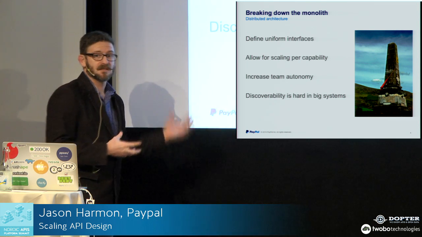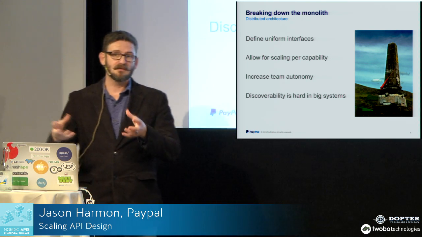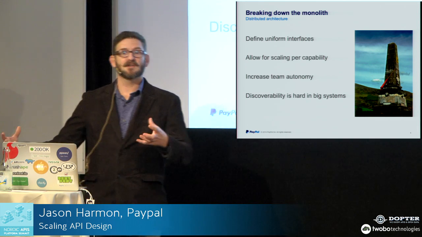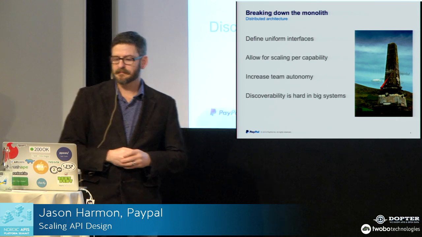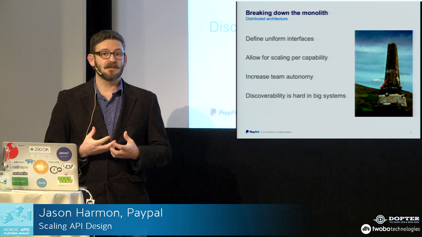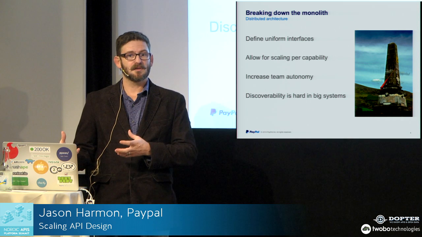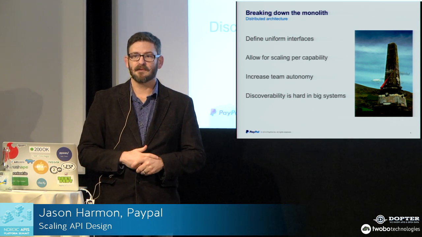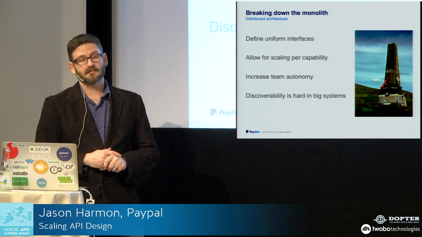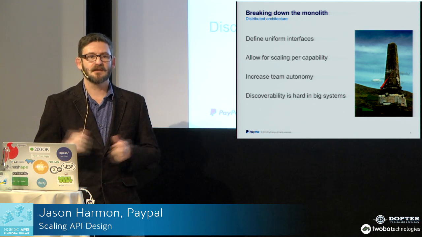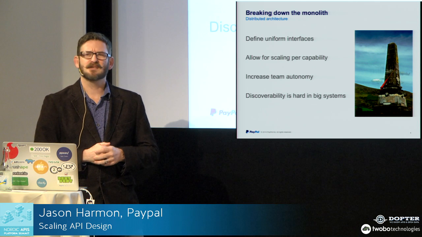This obviously allows us to scale things individually, so we can go really big for something like payments where we have huge volume, and maybe not so big in other areas where we don't get so much traffic. This obviously leads to a lot of team autonomy because each team can kind of do things their own way. So we have a wide variety of languages. We have Node teams. We have obviously a lot of Java teams. We've got little pockets of Python here and there. I think we even had some stuff in Go briefly.